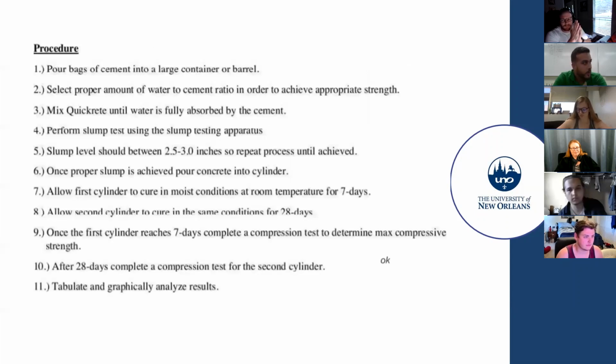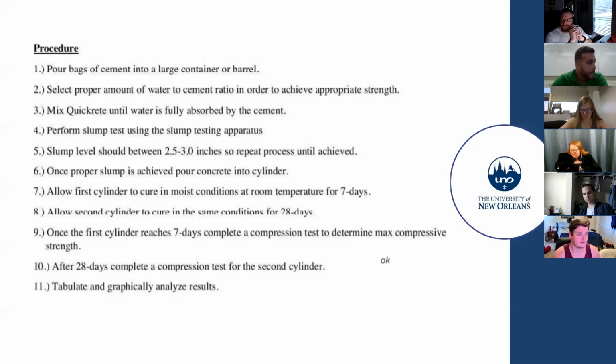Procedure. Pour bags of cement into a large container or barrel. Select the proper amount of water cement ratio in order to achieve appropriate strength. I didn't say this, but he tried to show off, I guess. He just added his wording. Mix quickly until water is fully absorbed. Pretty much the same things that we discussed. He just wrote that in the procedure. So I want you to write the procedure in a way that I understand that you looked at these files and you looked at the experiment and you understood it,